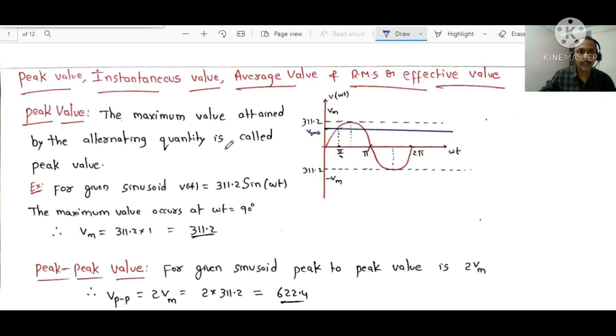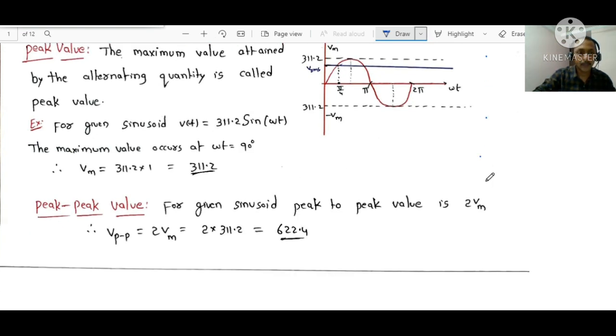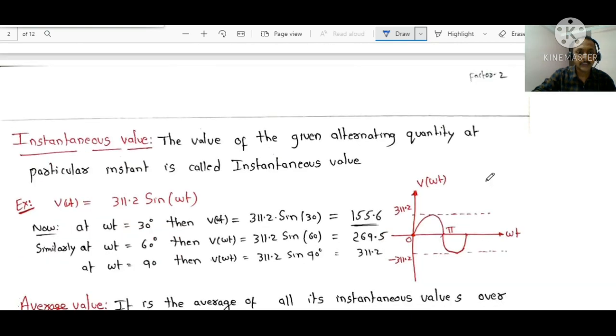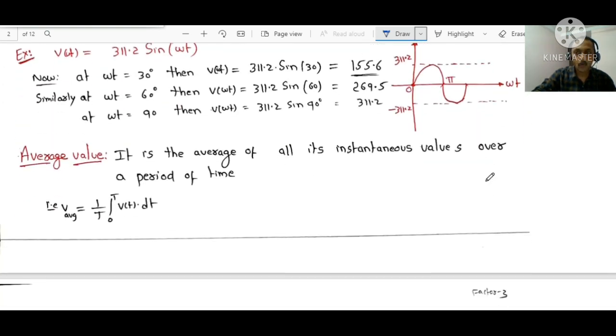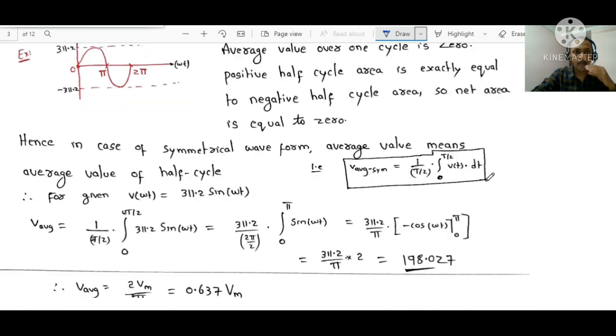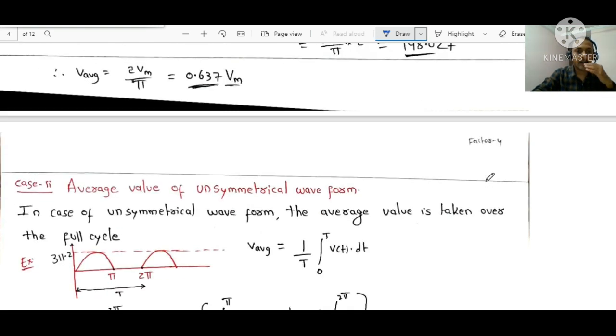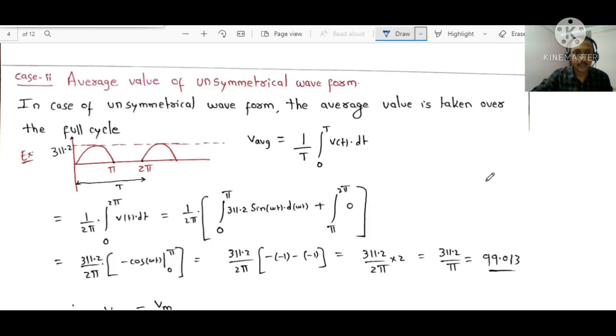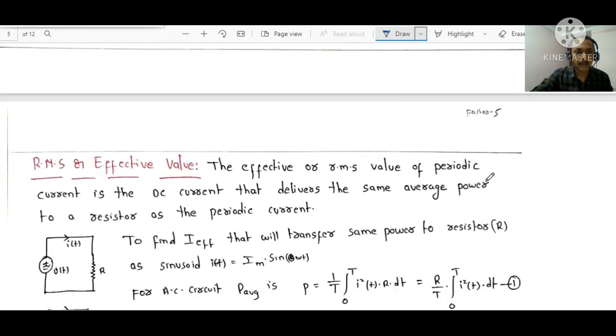In these videos, in a detailed step-by-step manner, we will see how to find the peak value and also observe the peak-to-peak value and instantaneous value, and how to find the average value for both a symmetrical waveform and also the average value of an unsymmetrical waveform in the second case, and later we will discuss the RMS or effective